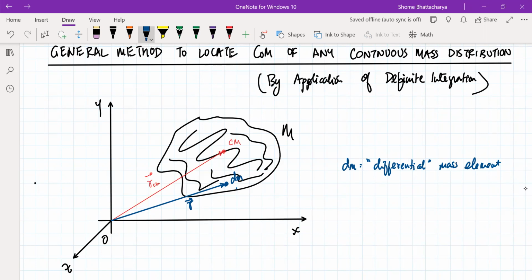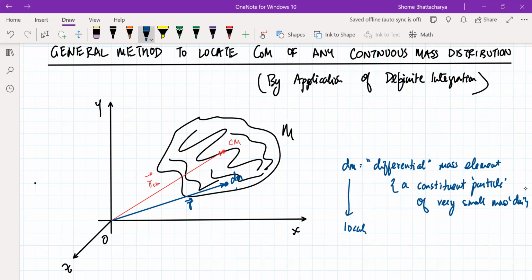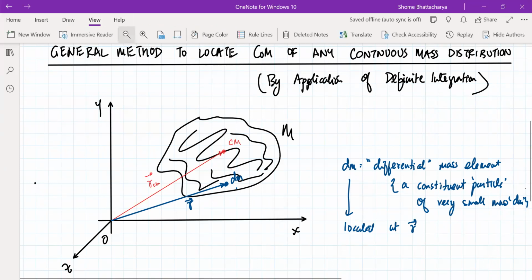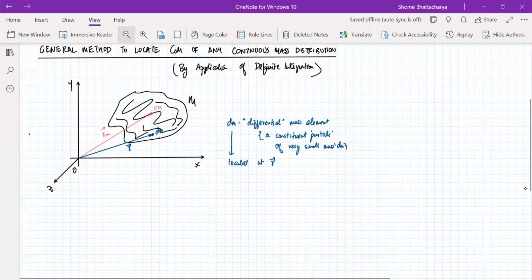So it is like a constituent particle of very small mass compared to the mass of the rigid body. That one. So its position vector is at r, and this is located at r. Okay. So now see, previously we had seen that if we had a collection of discrete particles, then